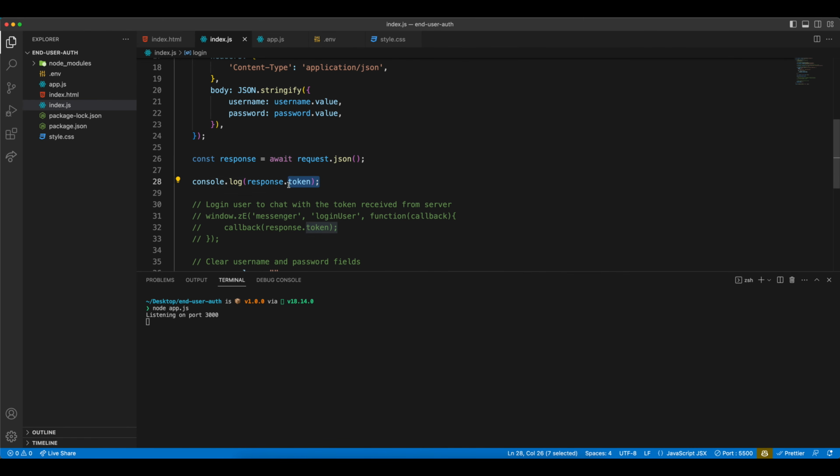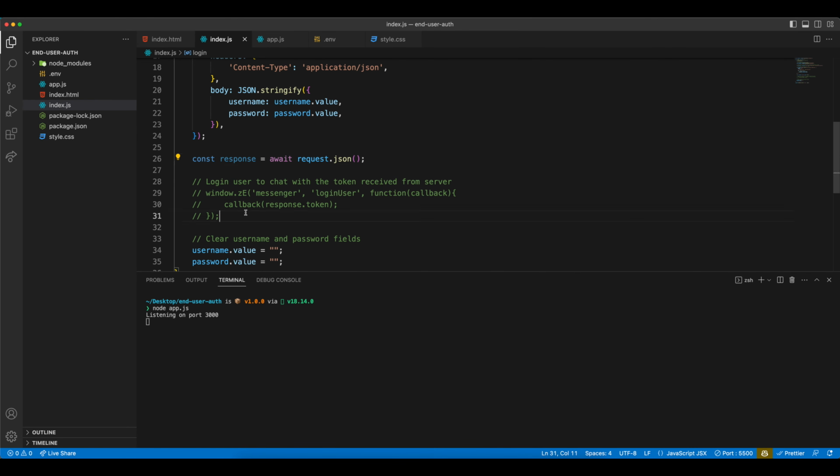Okay, let's go ahead and remove the console log and uncomment the Web Widget method. Now, before we can test this out, here's a quick overview of what happens when a user authenticates. Say you have a new user who has never authenticated before. When they sign in for the first time, a new user profile will be created for them in Zendesk that has the external ID we provided in the